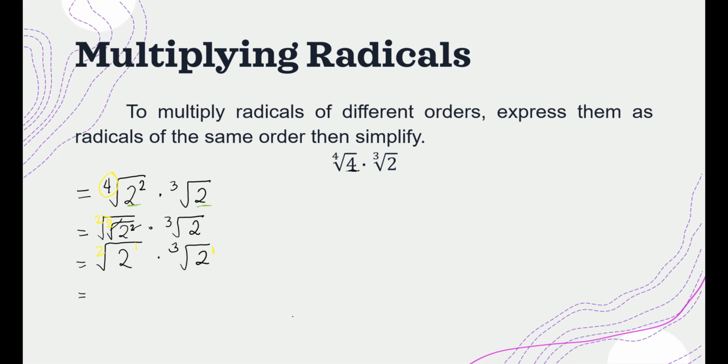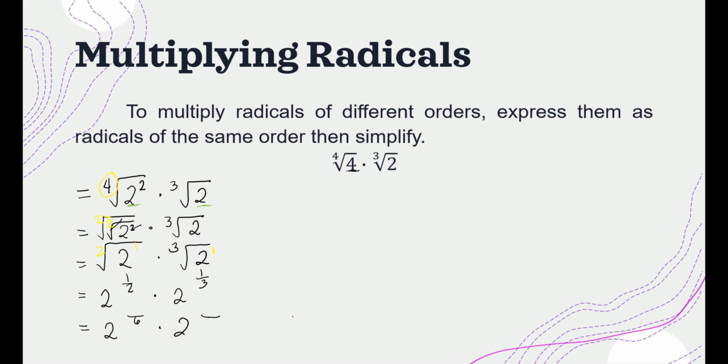So to transform this into an exponential expression, this would be equal to 2 raised to 1/2 times 2 raised to 1/3. And then to change it to the same order, we have to get the LCD of the exponents 1/2 and 1/3. So the LCD will be equal to 6,